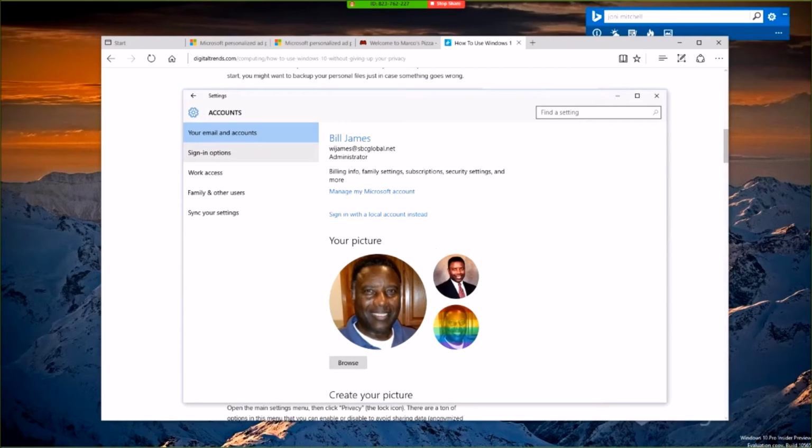And a lot of us sign in as administrator just by default, because when we first set up our Windows 10, we set it up using our Microsoft account. So under that, that's our billing info, our family settings, subscription, security settings, etc. So if we go here and manage the account,